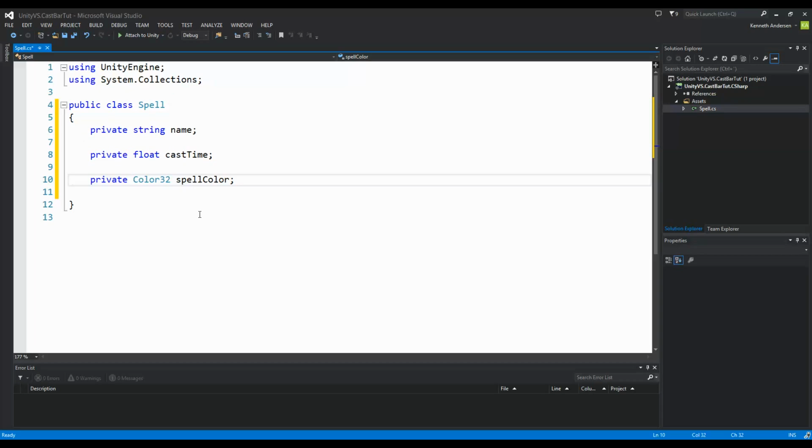These are variables here we're going to use in our spell, but we also need to be able to set these. So whenever in our game someplace we want to create a fireball spell, well, then we need to tell the fireball spell what name it has, what cast time it has, and what color it needs to be. So we're going to make a constructor here, and a constructor always has the same name as the class it sits in. So this constructor is going to be named